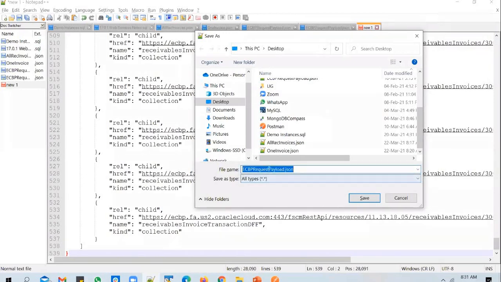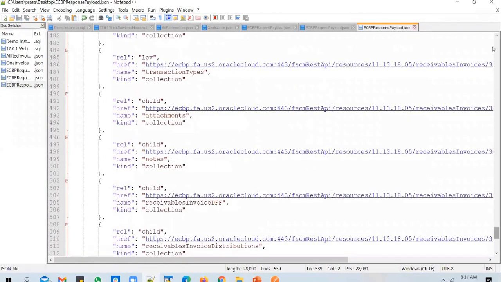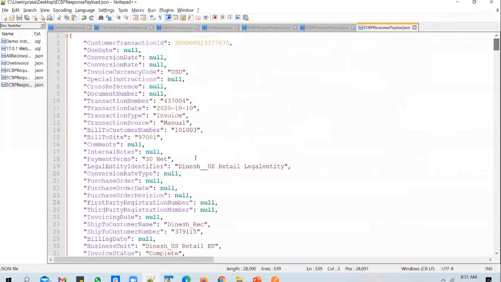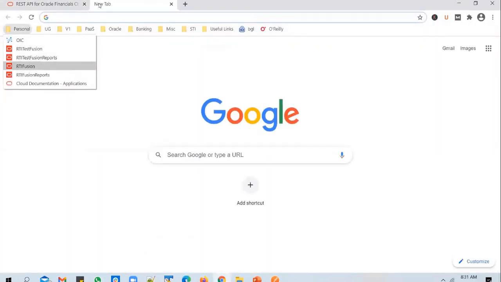Yeah, I'll save this as response payload. Okay, and save it. If you look at the response payload, you will see the details of the invoice that is created. You will have a transaction number in there. So you pick up the transaction number and go to the ERP Cloud instance.